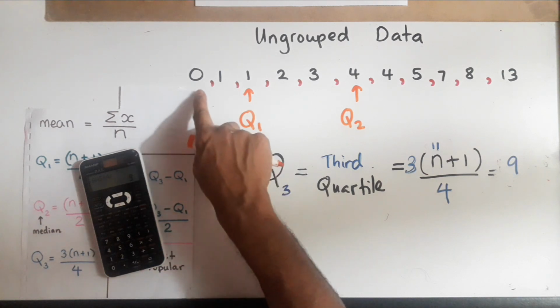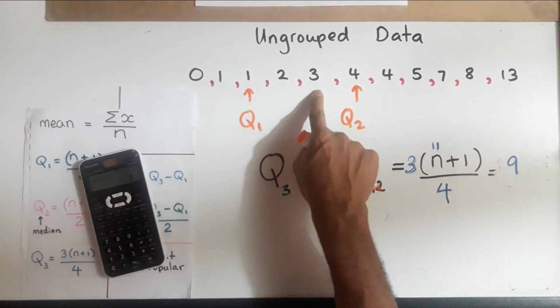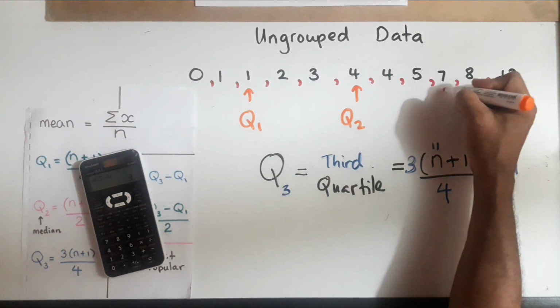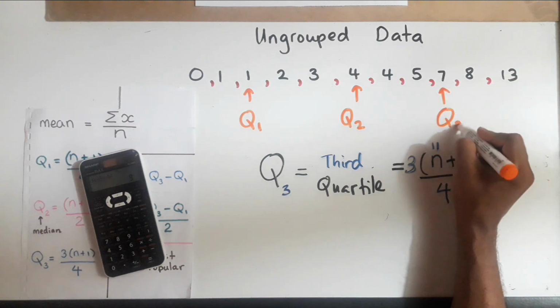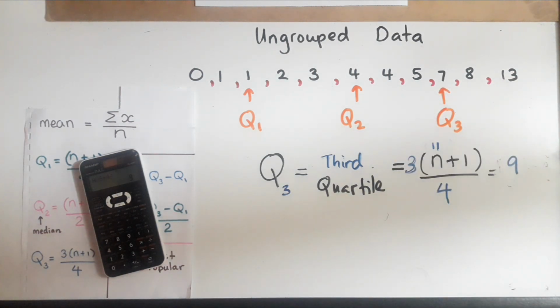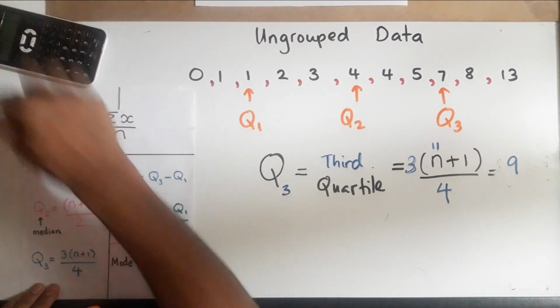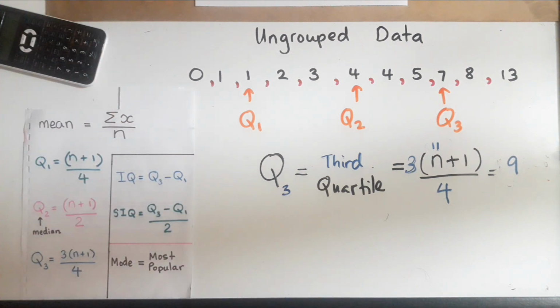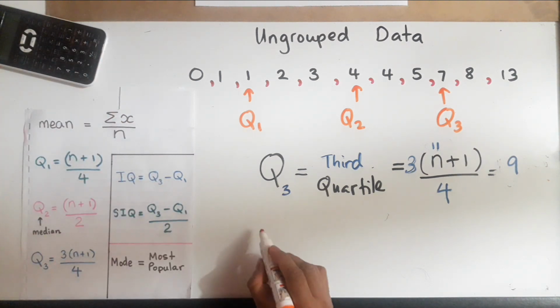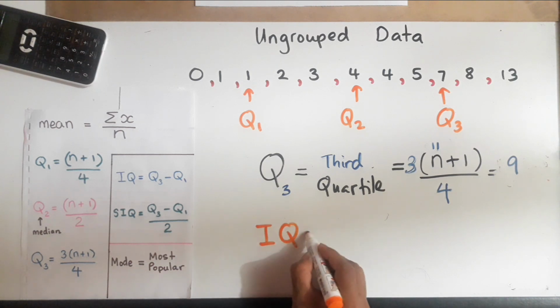Right? No, I lost count there. 1, 2, 3, 4, 5, 6, 7, 8, 9. So 7 is our third quartile. Great. So now we can find Q1, Q2, Q3. If they ask us to find IQ, IQ stands for